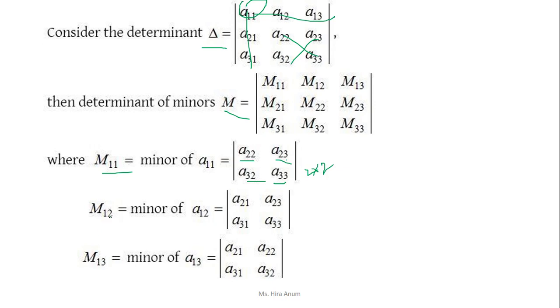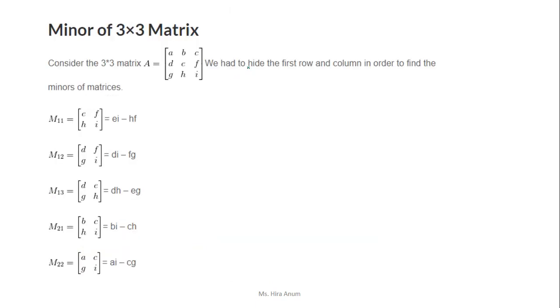Then you are taking 1, 2, then take this and ignore the row and column. It becomes A21, A31, A23, A33, like this. A13, similarly you are taking this and ignore their row and column. It becomes A21, A22, A31, A32. Minor of